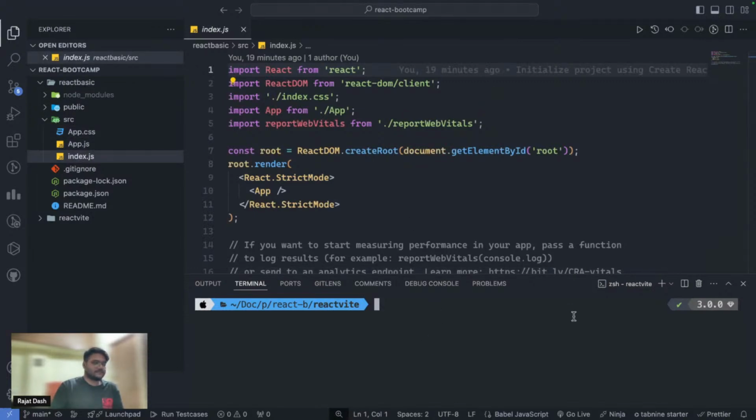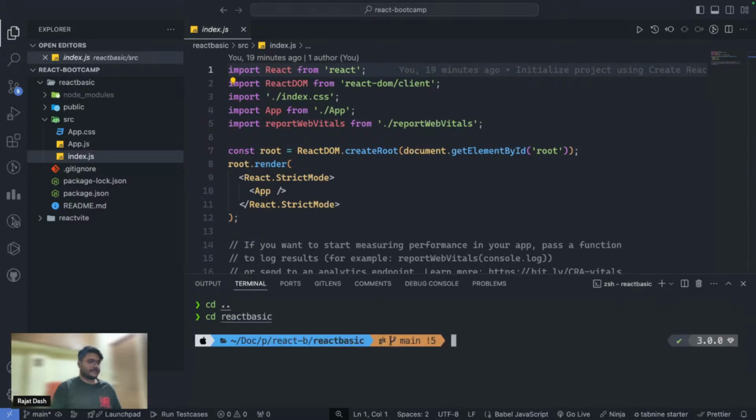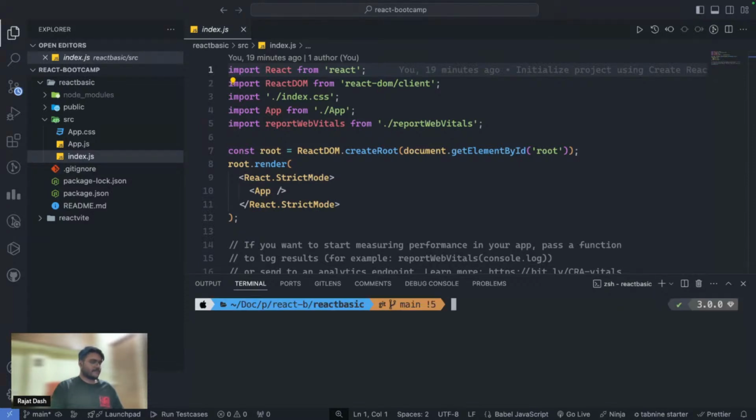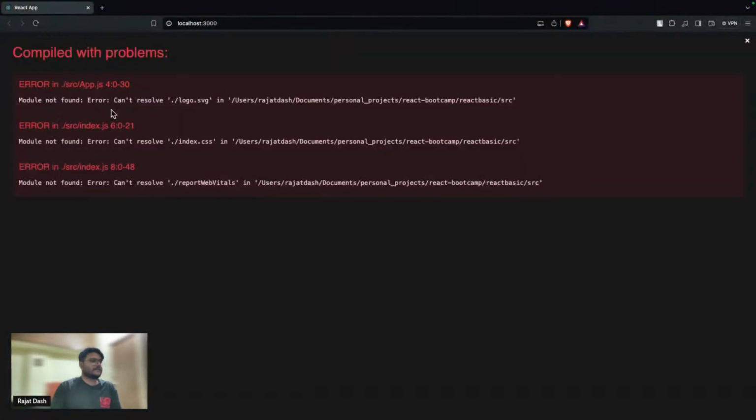So now just move out of this and let's go to our React basic. And if I now start my application, that is npm start, it will throw some errors.